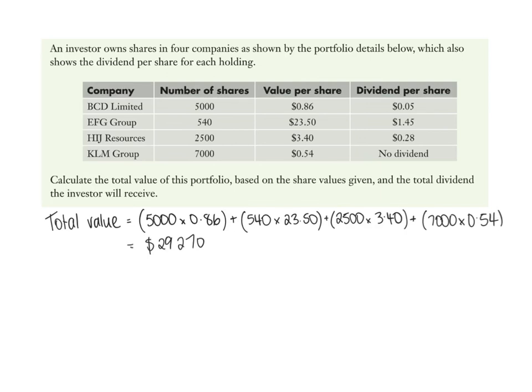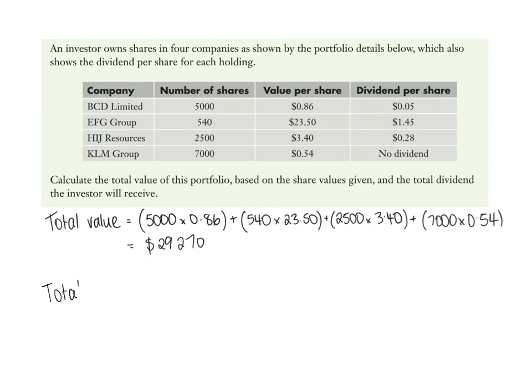Obviously, we don't know how much he bought them for at the start, so we don't know if this has been a profit or a loss, etc. Now what we can do is work out the dividend paid. Like we said, not all companies give a dividend, and sometimes if the company makes a loss or only breaks even, they might not give a dividend at all. So the total dividend,